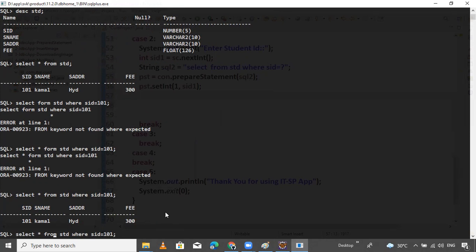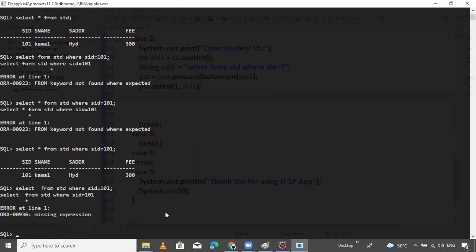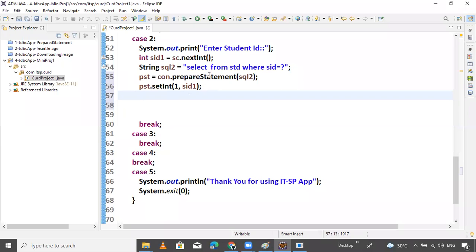If I'm not passing star, then take it. Okay, star is mandatory. Now you can check and do all these things.